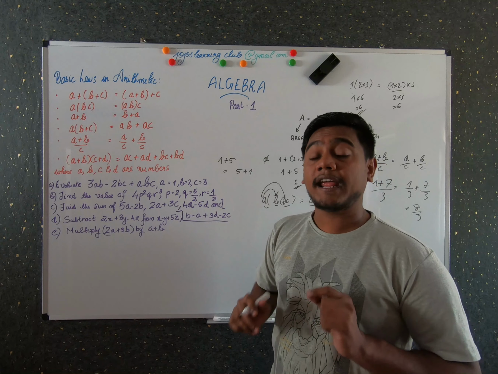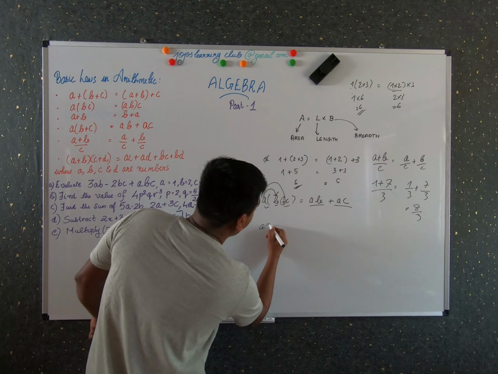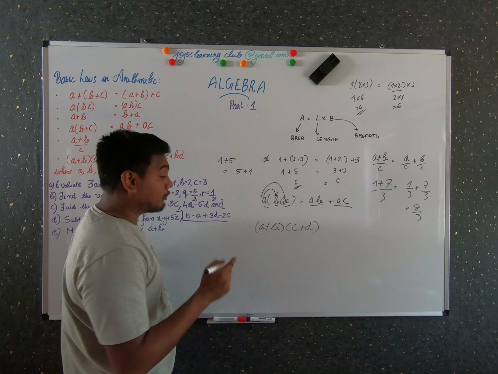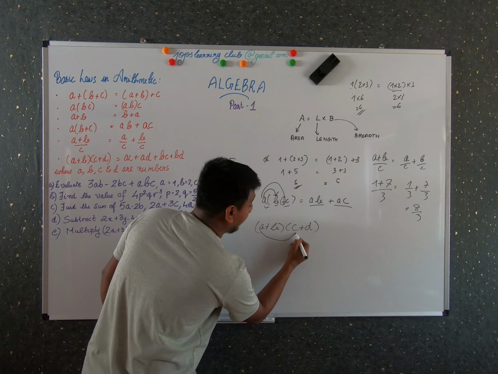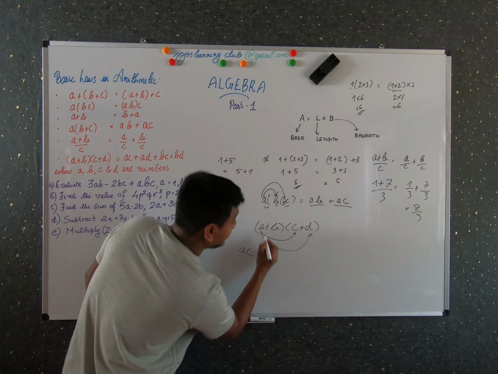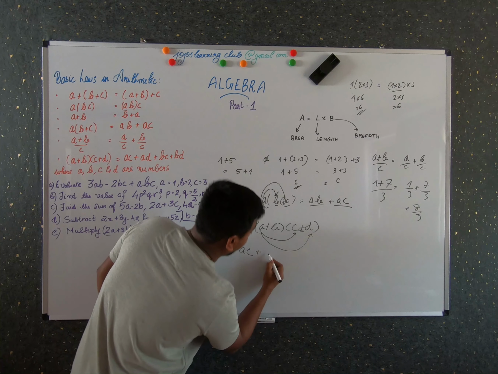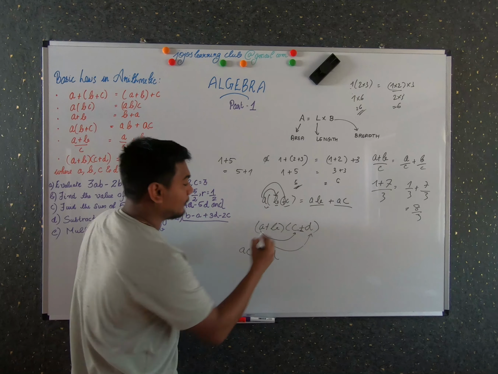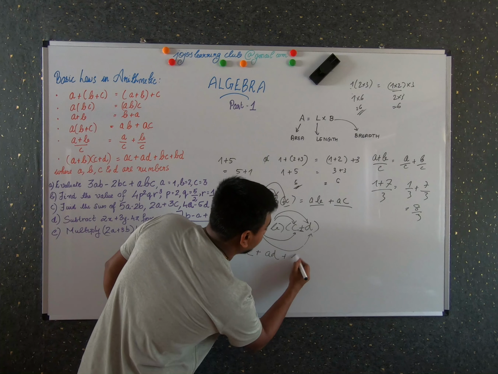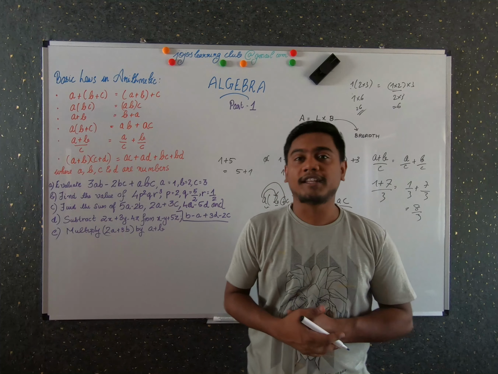And the last one, again we use same as the fourth law. So let's try to simplify it, right? (A plus B) into (C plus D). So first you have to be careful. Take and multiply A with C and D. So let's write the answer. AC plus AD. Again next, B into C and B into D. So BC plus BD. So this is how you got the answer.